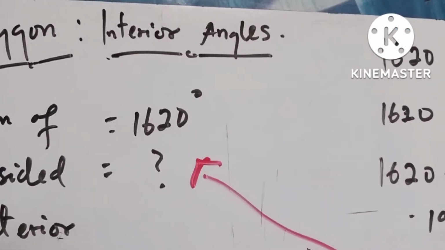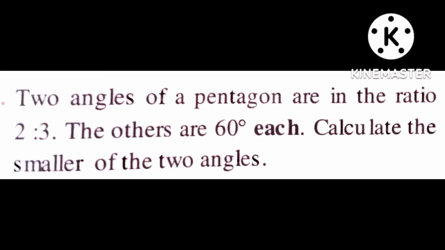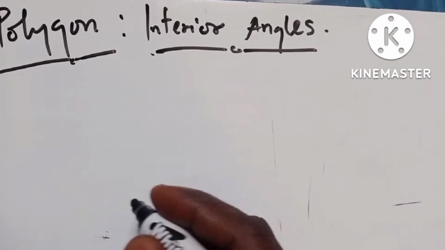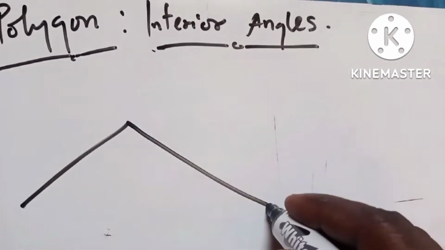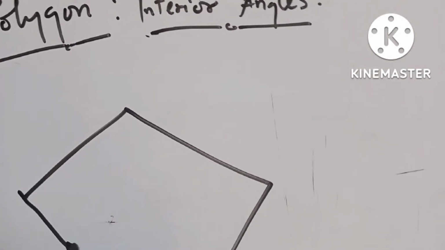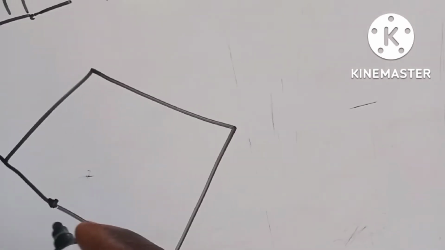So let's have a look at the trickier part of this problem. From the question, we are told that two angles of a pentagon... So a pentagon here has how many sides? Maybe 1, 2, 3, 4, and maybe something like this, 5, right? So from here you can see that this is 1, 2, 3, 4, and then 5. Is that okay? So assuming this is a pentagon, then we are given that